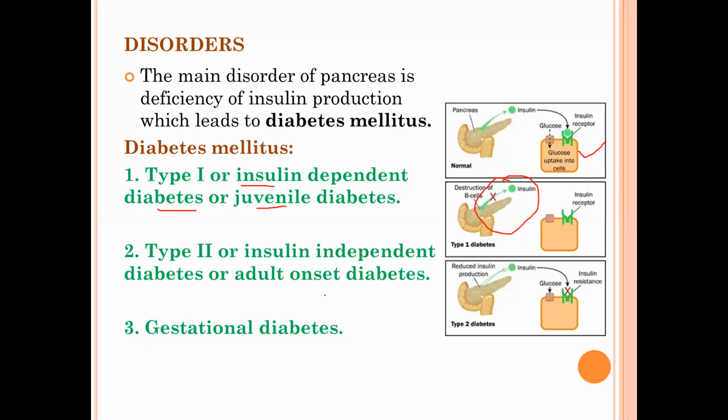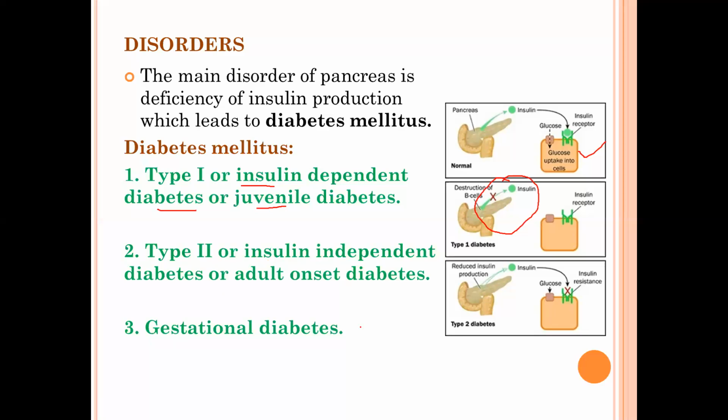Nowadays we see not only at 40 years, but people at the age of 30 are also getting type 2 diabetes because of the lifestyle we are leading, having junk food and all, increasing obesity in children and teenagers. So nowadays, even after 20 years of age, the chance of getting type 2 diabetes is higher. Here, if they maintain the lifestyle in a proper way and a proper diet, then type 2 diabetes can be treated. There is no need to take insulin injections here. That's the reason we call it insulin independent diabetes.